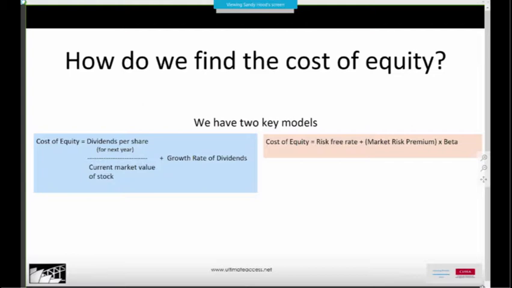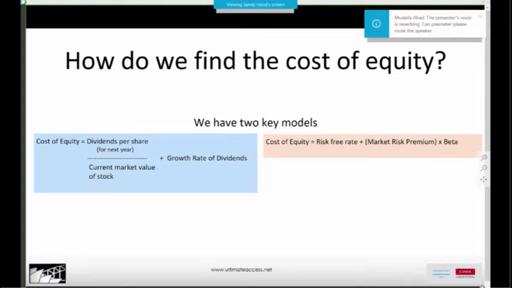It isn't the only method, and another method is called the capital asset pricing model. And here we've got it with the rather sandy background. And this one says cost of equity is whatever the risk-free rate is, plus something we call the market risk premium, which is a difference between...